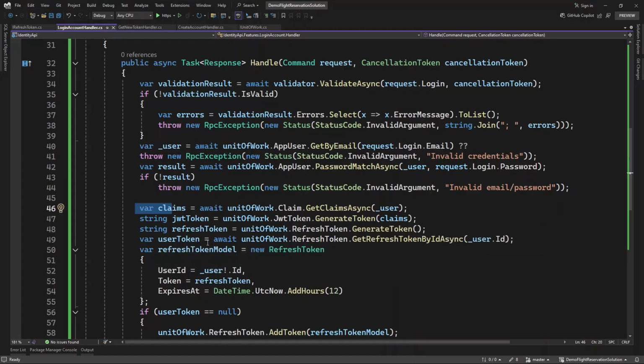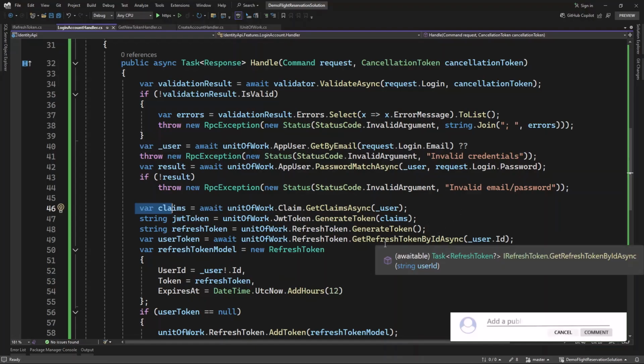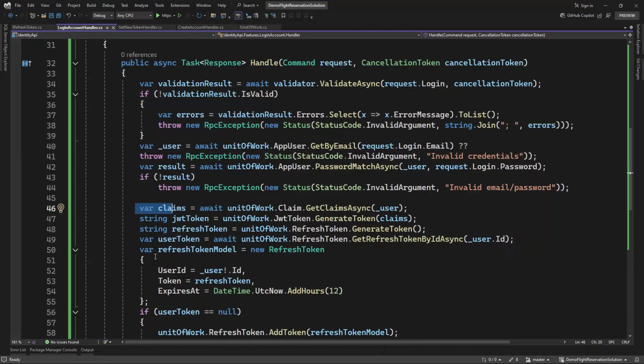Now in here, we need to get the refresh token by ID, because the user may log in this time, and maybe the expiration for the token is about 4 hours or 2 hours. Within that 2 hours period, the user can decide to log in again. So when the user logs in again, we need to handle that. When the user logs in again, while the refresh token expire date isn't exceeded, we want to check. We want to get the user refresh token by ID, which is going to return a model